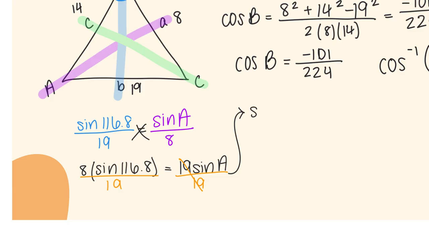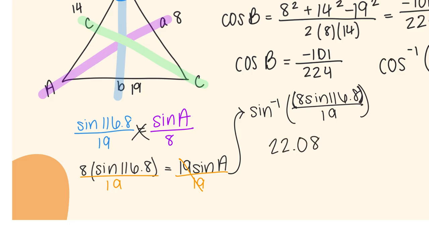So I have to use sine inverse of 8 sine 116.8 divided by 19. Okay, go ahead and plug that into your calculator. If you plugged it in correctly, again, be careful with the parentheses here. Do your top first and then do your bottom. This is going to be